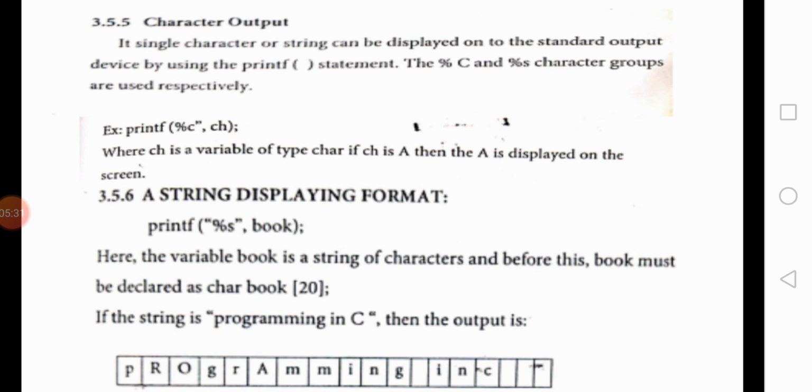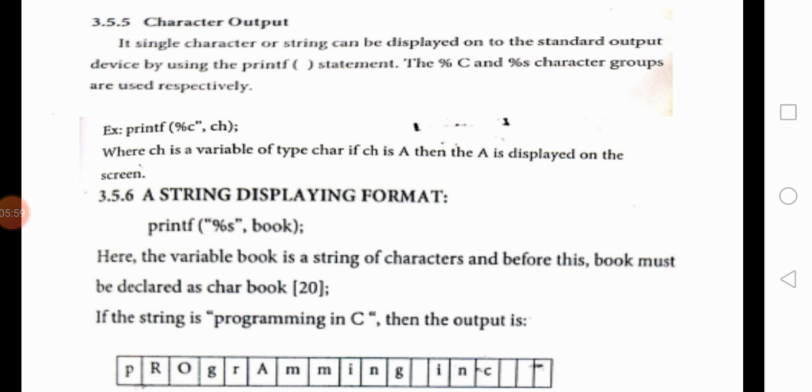For example, "welcome to college": WELCOME, WEL 3 characters, COME 4 characters, total 7, then one more space makes 8; then TO, 2 characters, 8 plus 2 is 10; one more space makes 11; then COLLEGE, like this.